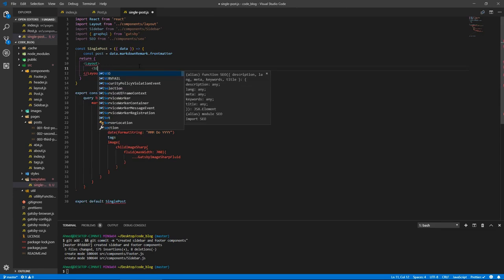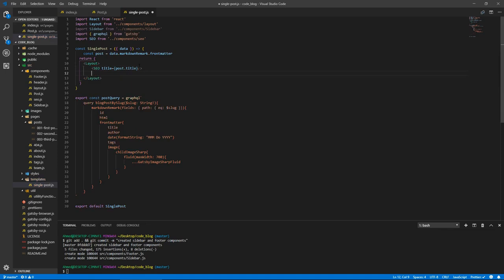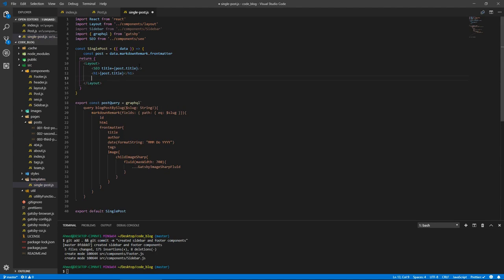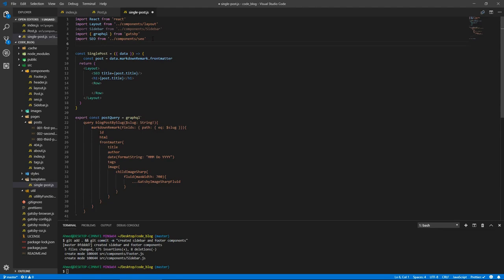So SEO, and title is post.title. Let's close that. Let's have a header, and the header of the page will be the title of the post. Select this, and let's do our row here, and let's actually bring in some stuff from React Strap. So for now, row and column from React Strap,